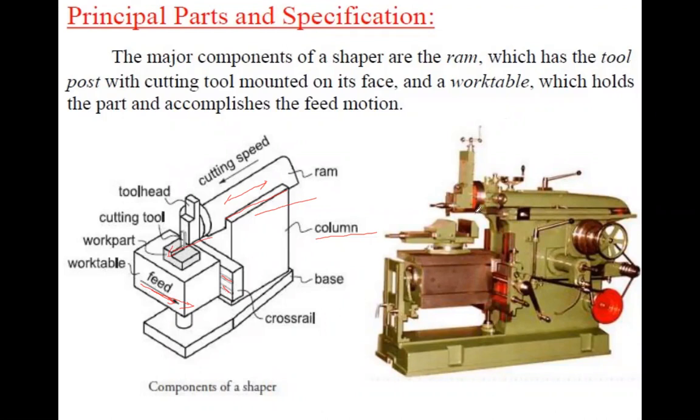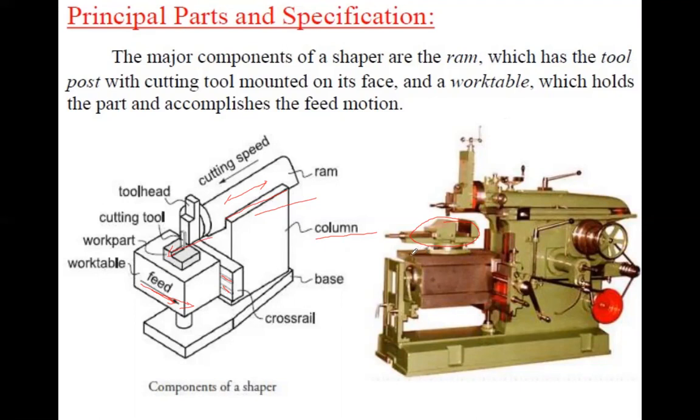Similarly, you can see the same thing here. In the line diagrams, nothing is mentioned for work holding devices, but here you see the work holding device. This is a vise, the bench vise we used in carpentry or fitting. The same kind of vise is here. Normally the vise is used for small workpieces. For medium workpieces, the workpiece has to be mounted directly on the table, using clamps, the C clamps we have seen in the drilling and boring machines. Similar C clamps can be used to hold the workpiece.